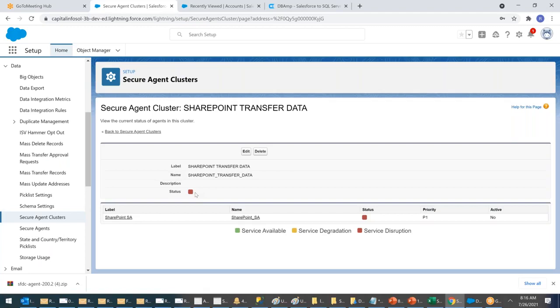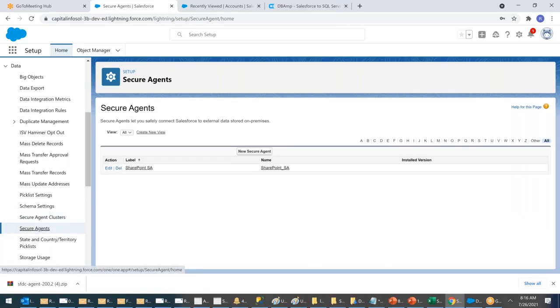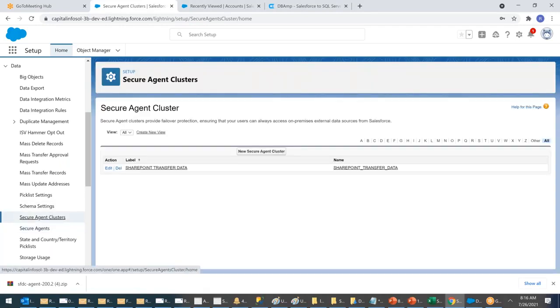Guys, if you're not able to understand also, no issues. This is not that important. Nobody will ask you in an interview. In real time also, it's a rare of the rarest use. So I'm just explaining it to you. Secure agent is where you will create a login and download the software. Secure cluster agent is the place where you can see whether your service,